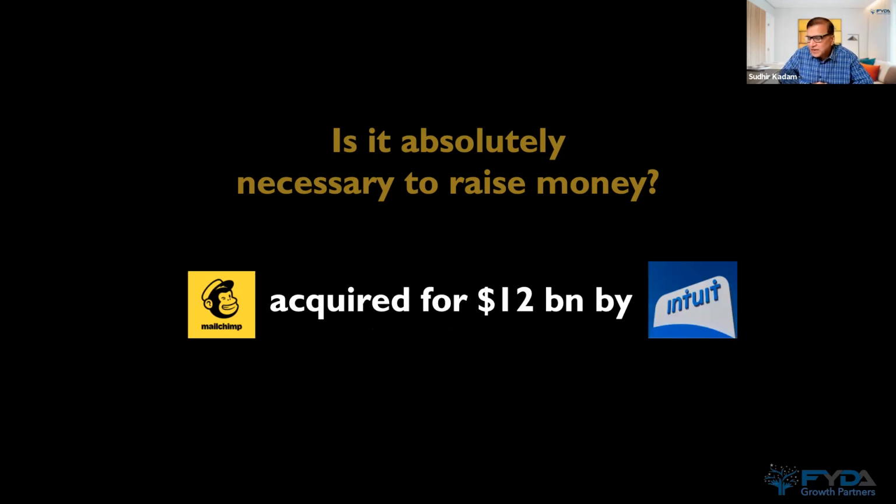Intuit is the company that does TurboTax and QuickBooks and all that, right? It's right here in my city, Mountain View. So they acquired this company for 12 billion. Now imagine the founder who would be carrying almost 95% equity, laughing very happily to the bank with this 12 billion exit, as against, if you had investors, it would have been a completely different story. And this is, by the way, a full cash transaction. This happened in the middle of September. It's a full cash transaction.